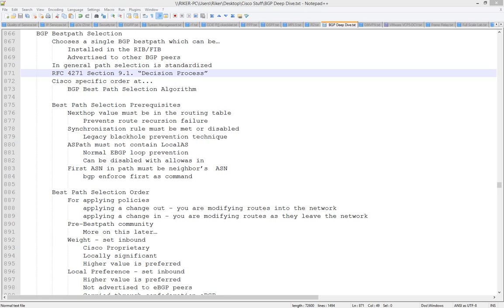Now, the cool thing about BGP is you can be very, very, very wide or very, very, very granular, depending on your individual needs. And I will give you an idea of how that would work and some of the different capabilities that are out there for you to manipulate the BGP path selection when it comes down to actually manipulating BGP. Because if you understand the algorithm that's working behind the scenes, and you understand which attributes to use